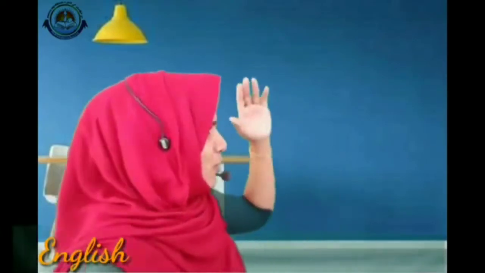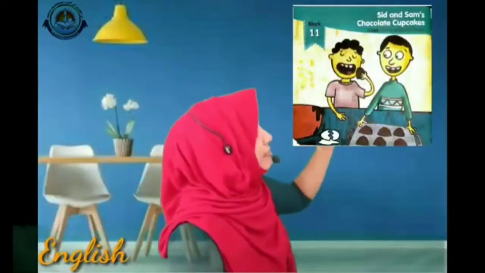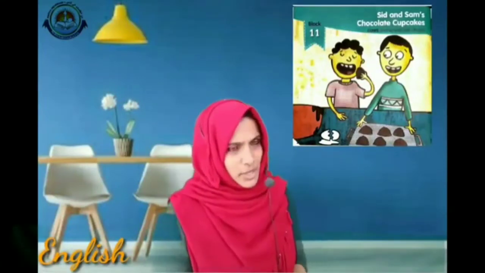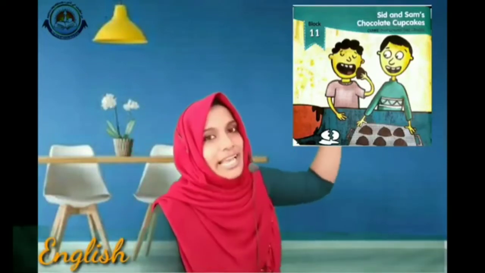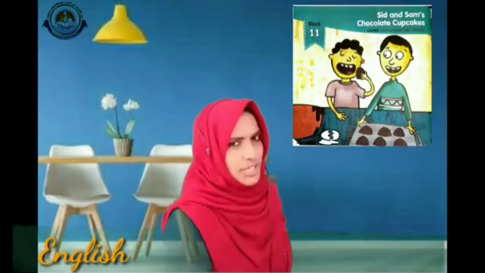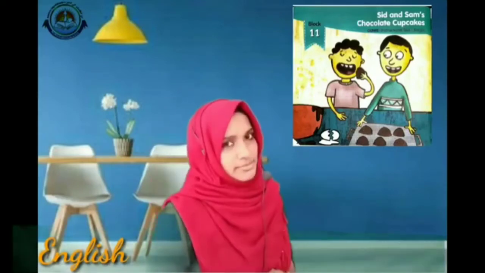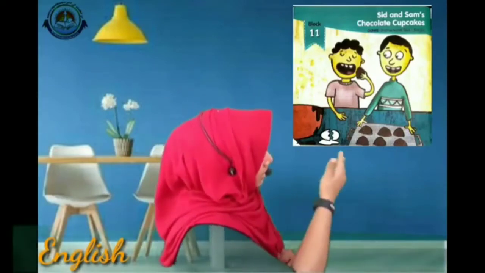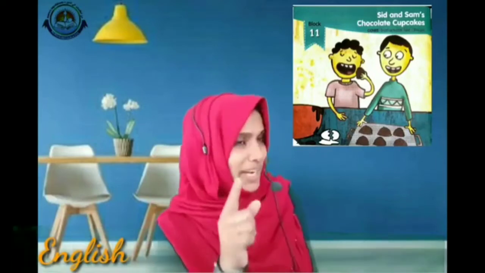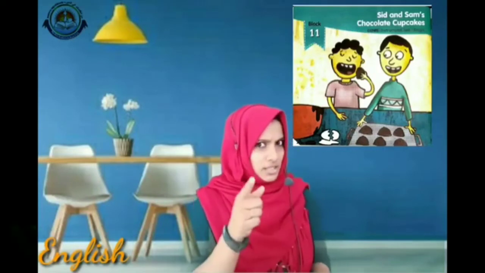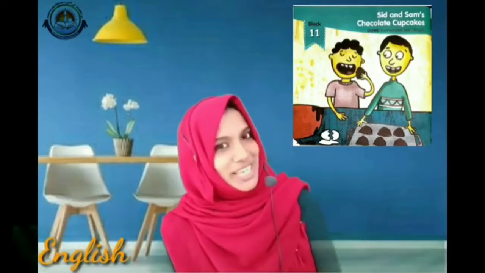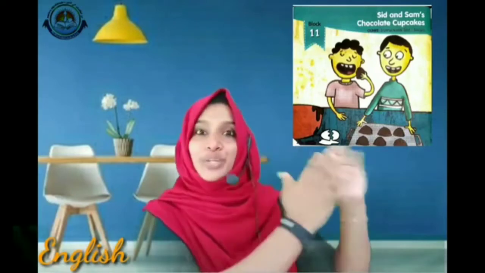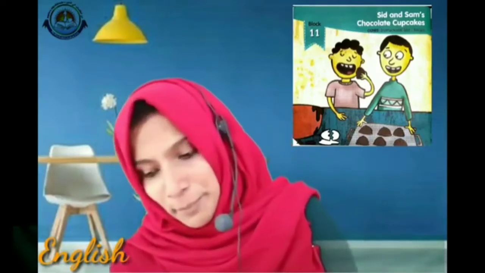So dears, now look at this picture. This is the cover page of our Block Learn. Who is there in this picture? Right, Sam and Sid. And what are they eating? Can you guess about it? What things can you see on the table? One egg is there. And what is in his hand? You can guess. Is it a chocolate? Okay, so now we are going to read about it. So please open page number 15 in your textbook.